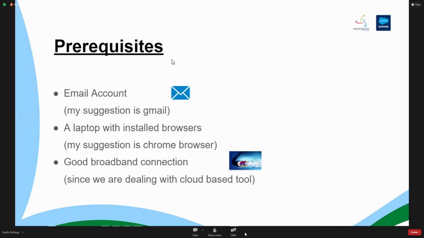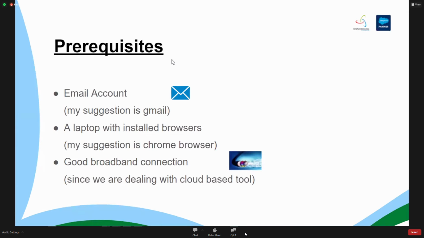The second thing is, Salesforce is supported on both the mobile version as well as the desktop version. I suggest all of you work on the desktop. You need to have a browser installed, any kind of browser, but I suggest the Chrome browser because Chrome supports Salesforce wonderfully. Other browsers may not accept some cookies for this Lightning version. So I request you to install Chrome on your laptop if you want to use Salesforce. That is just a suggestion, nothing more. If you want to use any other browser, you can, but you may face different kinds of errors. So my suggestion is going with Chrome, having a Gmail account